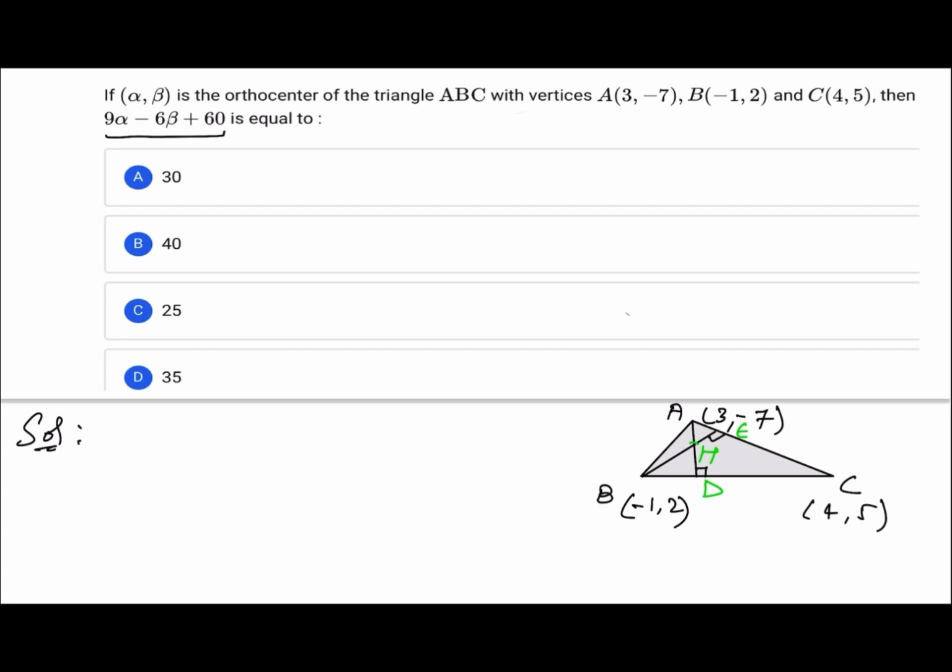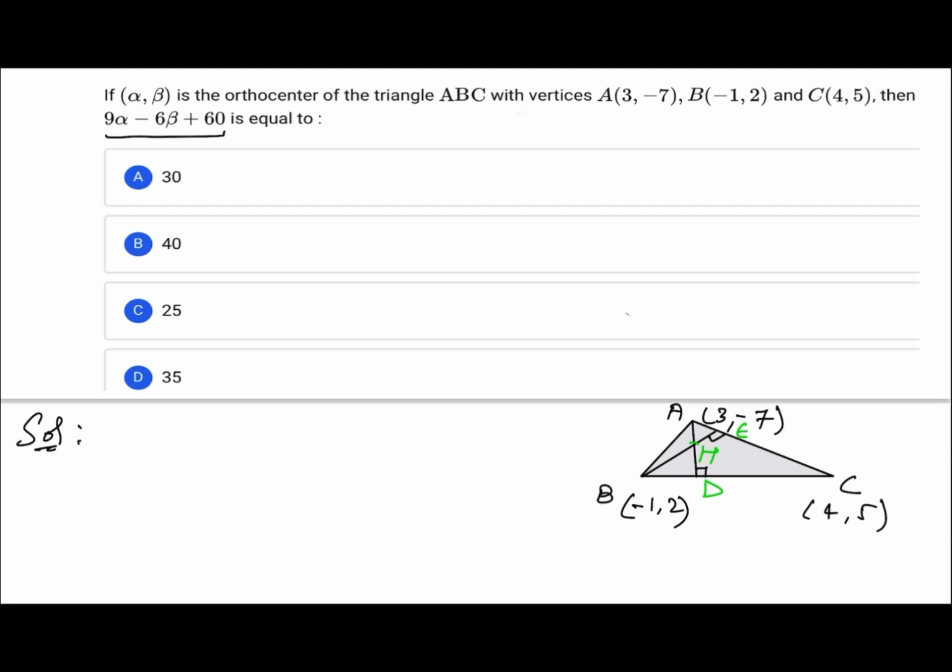For any line, if you have a point through which the line is passing and its slope, then you can find the equation for that line. You know very well. So also, as I'm seeking the equation for AD,